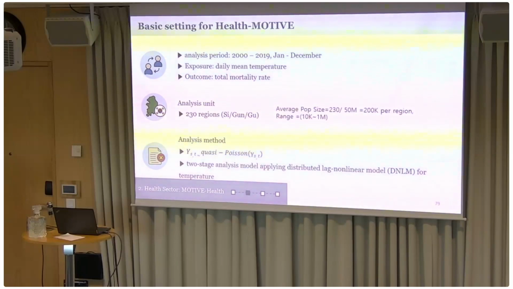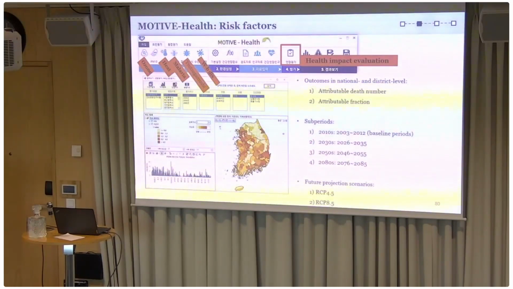And then this 20 years of data is a baseline period. And then we basically applied 2-stage DLNM model, typical time series analysis. And this is, sorry for Korean characters, but this is the user interface for our health motive system. So we have 6 components: ozone, PM10, heat, malaria, chuchugamushi, and waterborne disease. And then those are the 230 small areas.